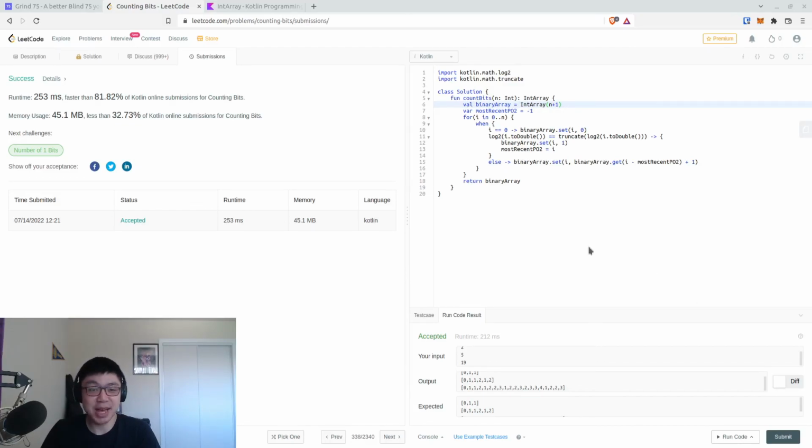But in any case, I'm happy with this. Memory usage is a bit high though. But hey, I mean, it works. So yeah,